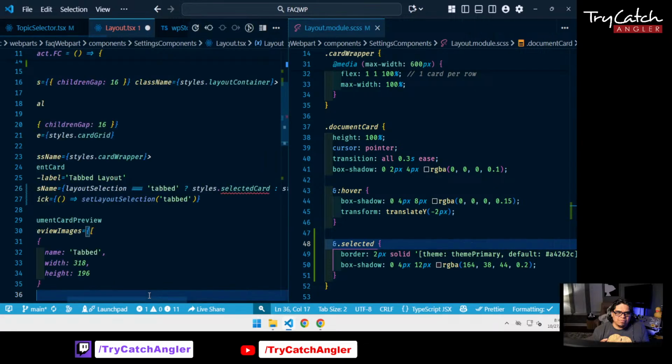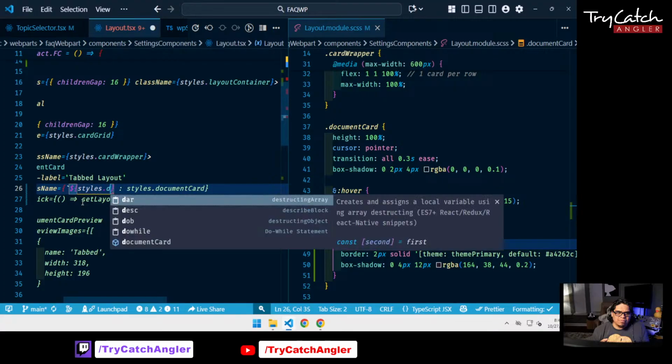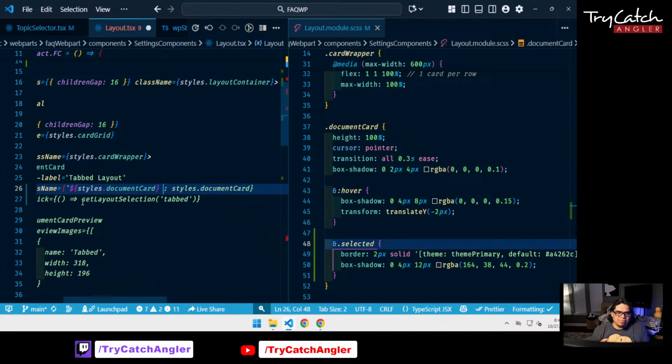No, that's not the way we want to do things. Let's do a template literal. So that's the little tag at the top. All right, and then we're going to say style selected, or document card rather. Yep, and then let's close our template literal. And so we have our document card,